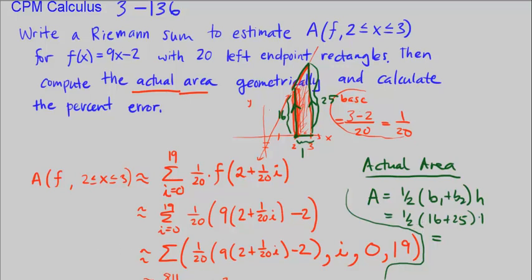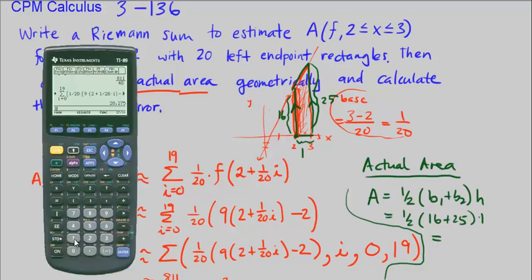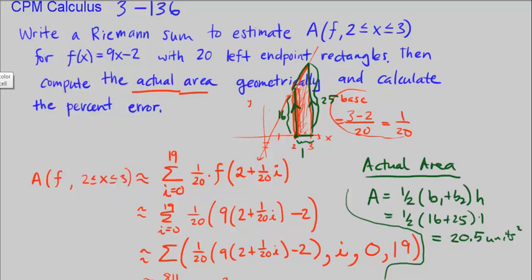Okay, so let's go ahead and use our calculator. 16 plus 25, 41 times half is going to be 20.5. So the actual area is 20.5 units squared. Okay? So finally, we want to calculate